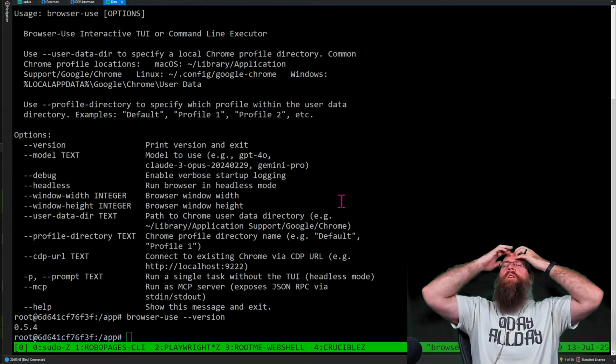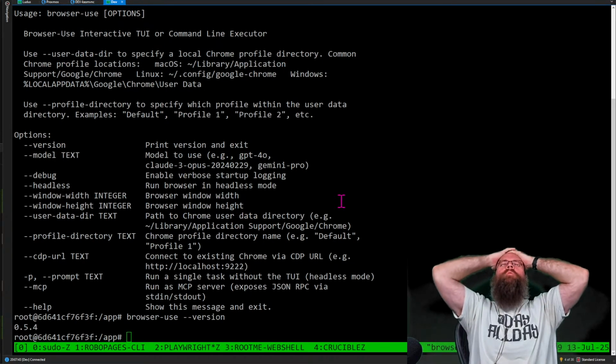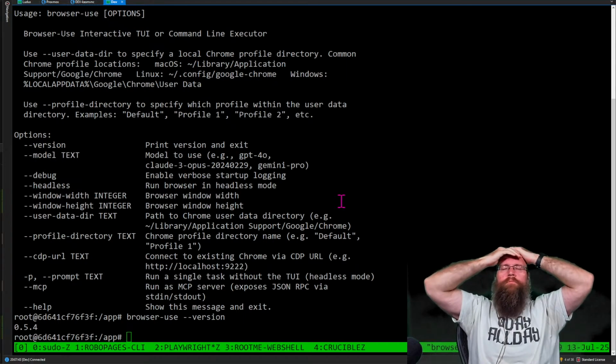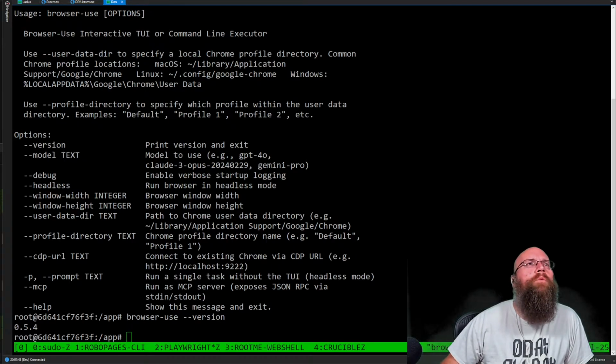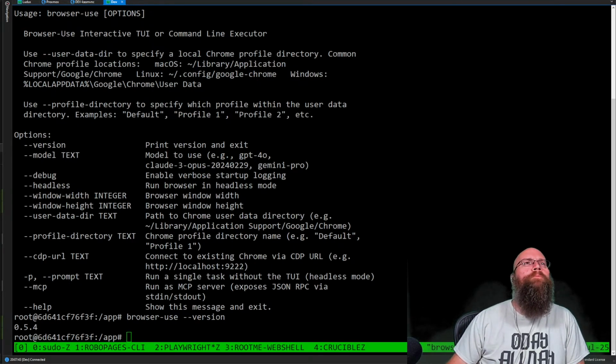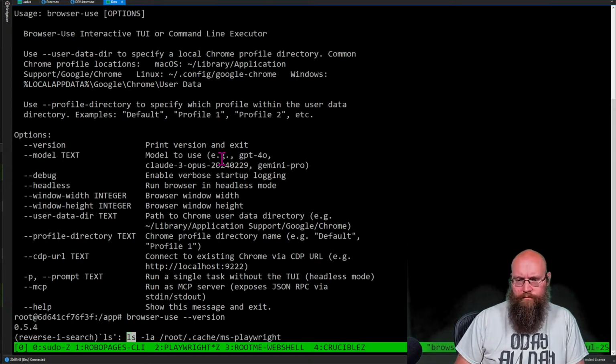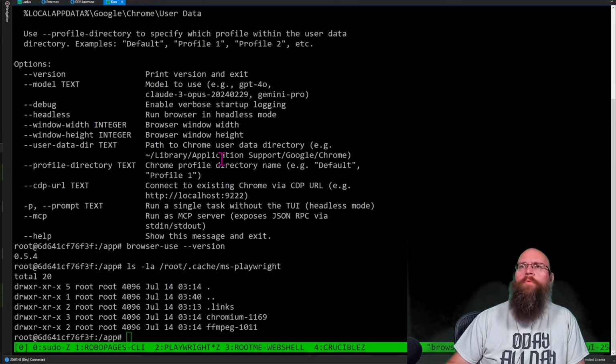This sucks. How are we gonna troubleshoot where this is coming from? Hang on, let me check something. We have Chrome 1169 in here. It's trying to find 1179.